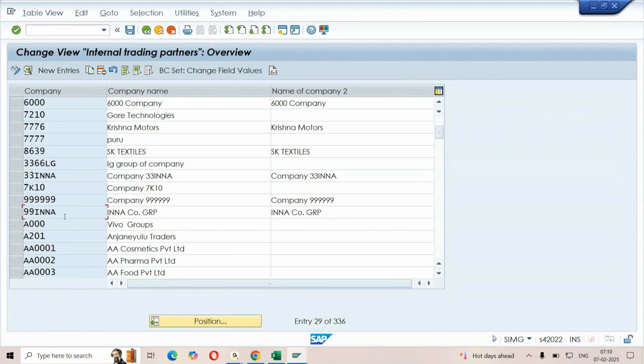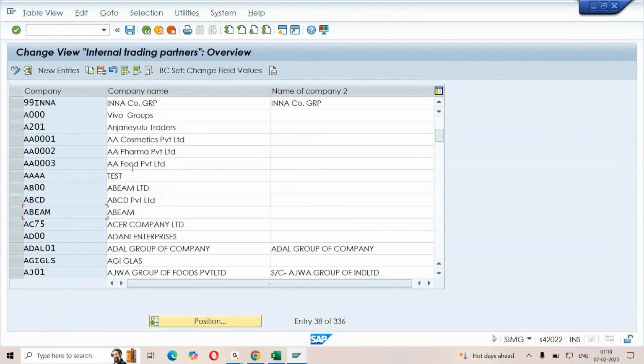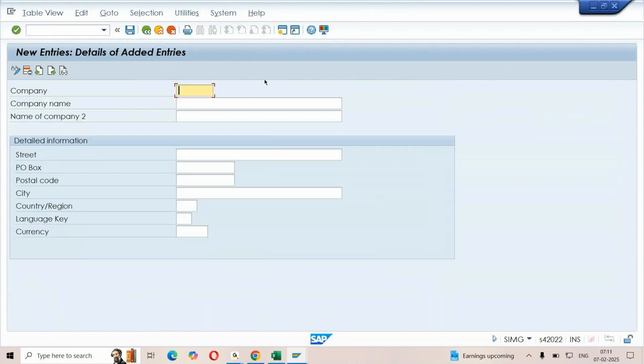Okay. Now, if you want to create, try to take the help of new entries. In the project, this particular screen is going to be totally blank because we are going to be working on a license one, and that will be used only for that particular business. Right now, it's a demo server. You can find number of entries are maintained over here. For which company you're trying to implement SAP, only that company details will be updated. Apart from that, you don't find any other information. Now, here we try to take the help of new entries and we try to go for creation of it.